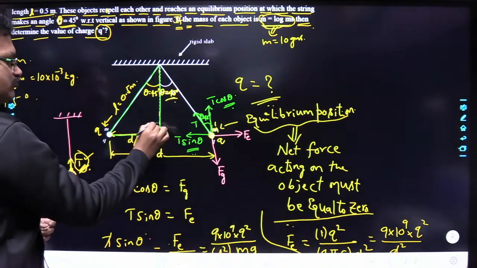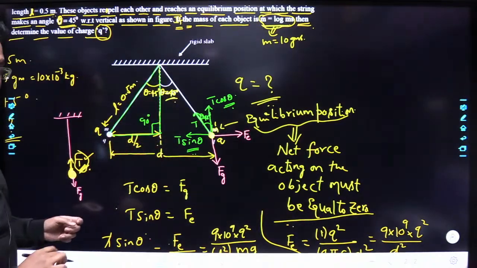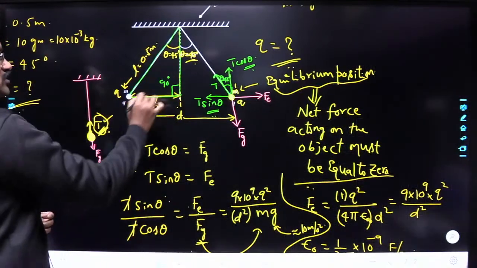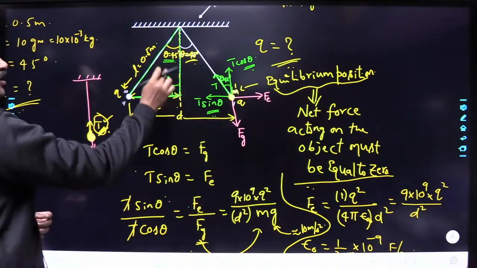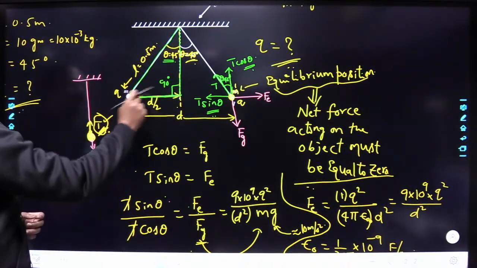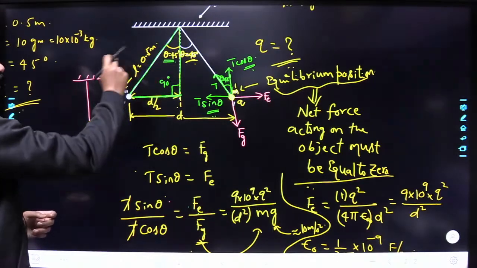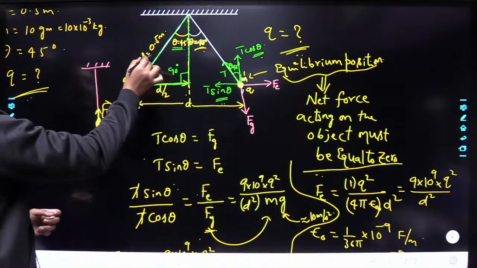So with this you can form a right angle triangle. From this right angle triangle, this will become the opposite side. This is angle theta, so opposite to this angle is the opposite side, and this is the hypotenuse. So opposite side by hypotenuse, that is sin theta. Right? Okay. So from this right angle triangle,